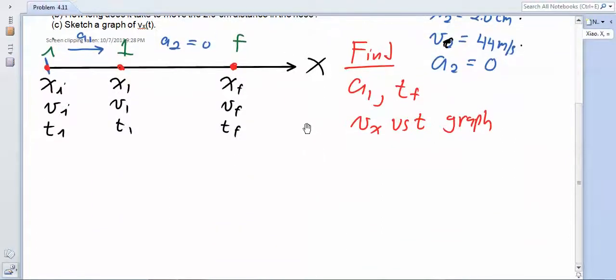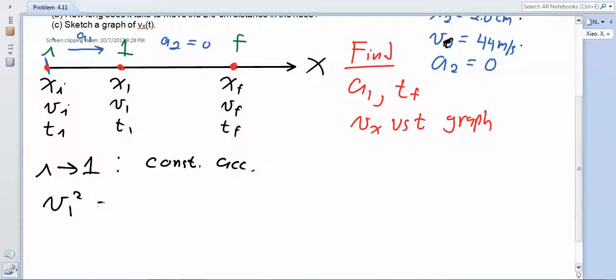Okay, so let's start by considering what happens from the initial point to point 1, and we're going to have constant acceleration for that particular phase. And if we want to find the acceleration without knowing anything about the time, the easiest way to do that would be to use the third kinematic equation that relates the velocities, the acceleration, and the displacement. So that would tell us that V1 squared equals V initial squared plus 2 times A1 times the quantity x1